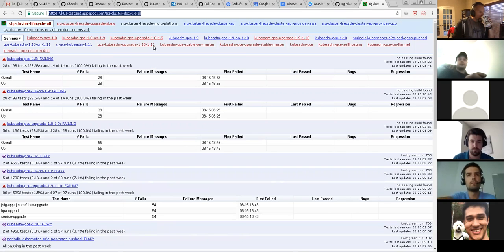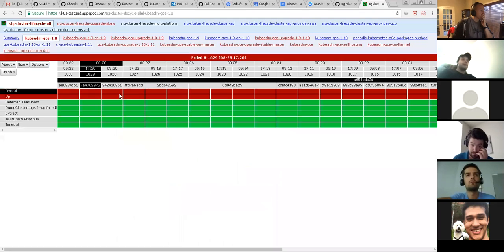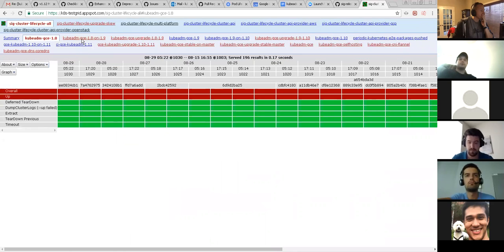All right. So this is the cluster lifecycle section. We have some tests here that probably should be removed. The first one is the GC 1.8. I think the errors here are probably due to the Kubernetes Anywhere, which is still a work in progress, the fix. And so this one, should we remove it? Yes. Even the 1.8 to 1.9 upgrades should be removed. Okay. So everything that contains 1.8 and 1.9 should be removed. Well,